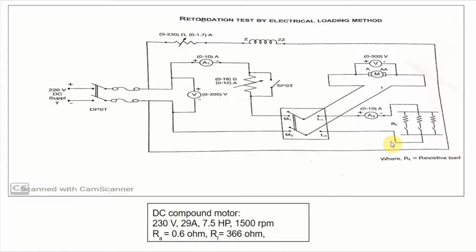So this method will be used to calculate the stray loss, which includes the no load rotational loss, which includes friction loss, windage loss as well as iron loss. Once we know these no load rotational losses, for different loading conditions we can calculate the copper losses in both the field as well as the armature circuit, and hence we can determine the efficiency of the machine.